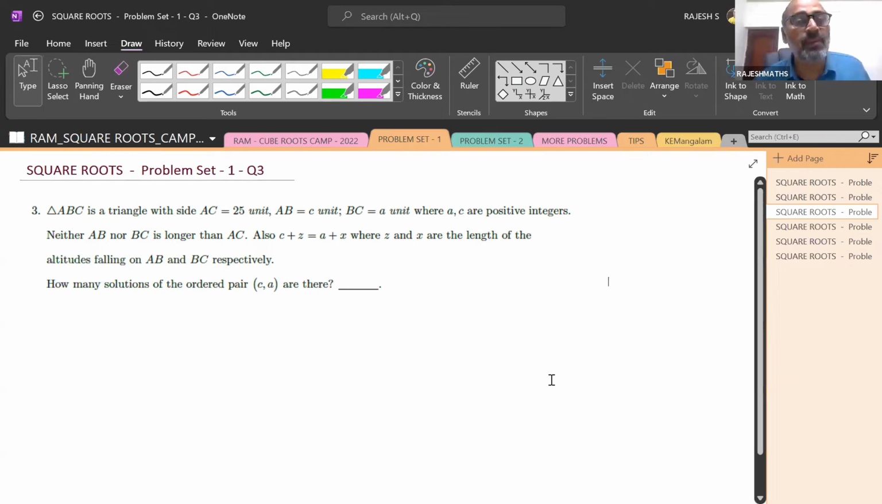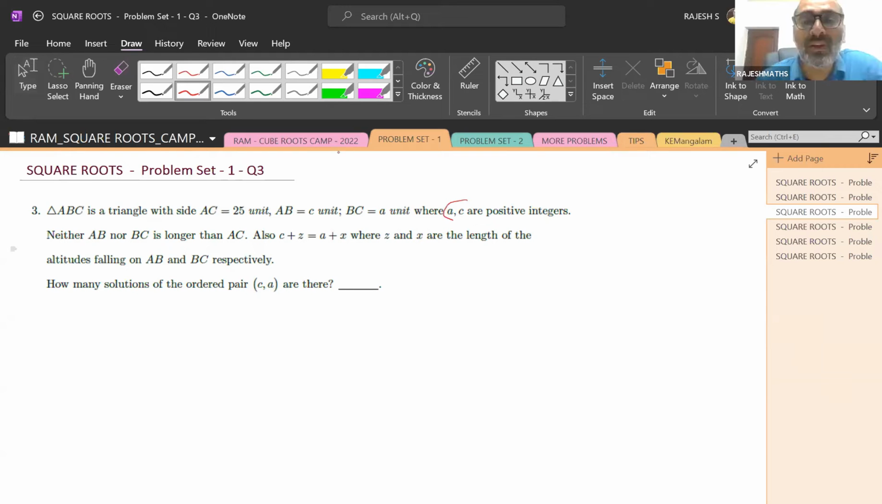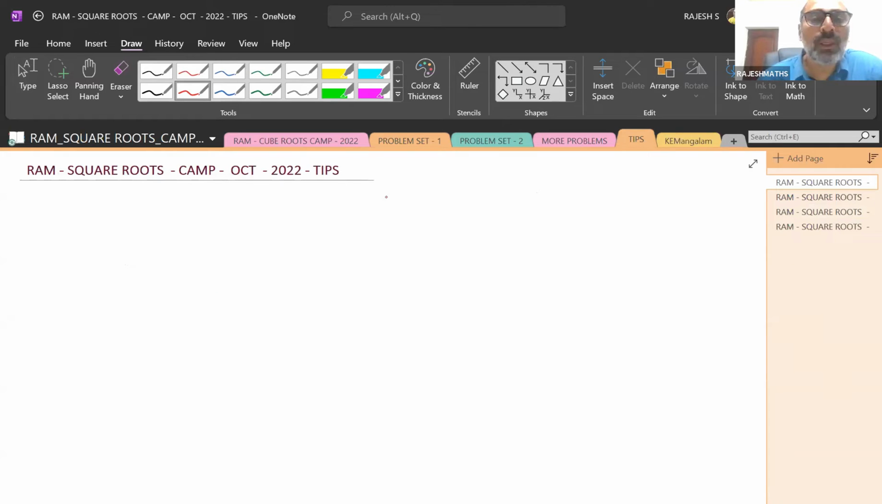A triangle ABC is a triangle with side AC 25 and AB is c units, BC is a units, where a and c are positive integers. Always remember a very important tip that I can give you: you need to note down the characters if mentioned, for example,